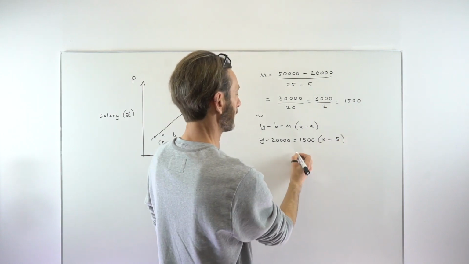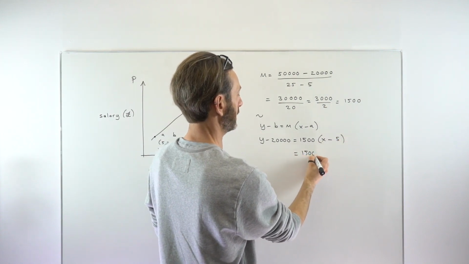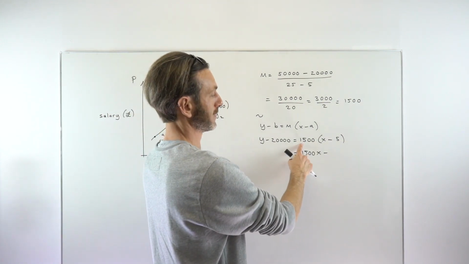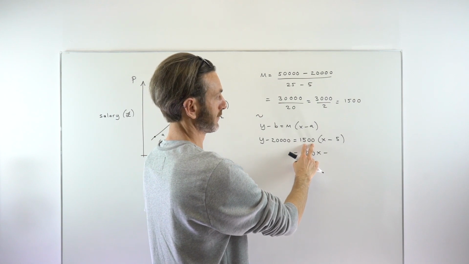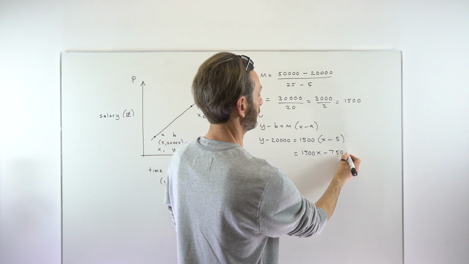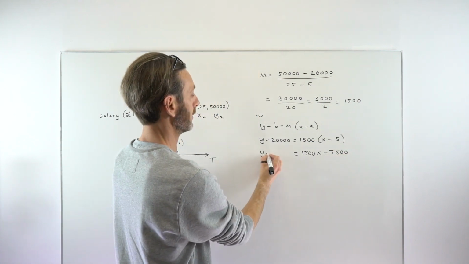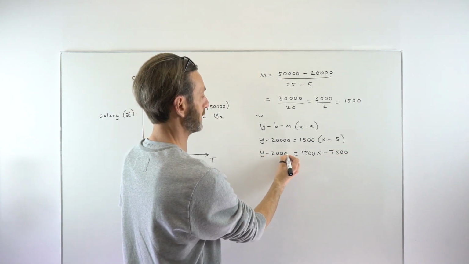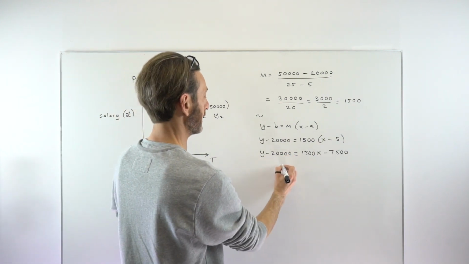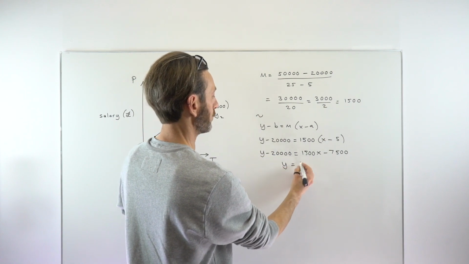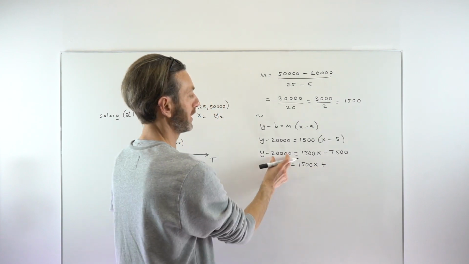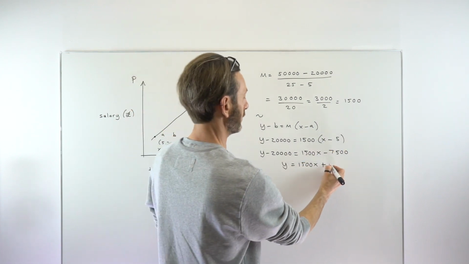Then just expanding the bracket on the right hand side, that's going to give us 1,500x. 5 times 1,500, so 5 times 1,000 is 5,000, 5 times 500 is 2,500, so this is going to be 7,500. Just keeping the left hand side the same, so it's y minus 20,000, and then just going ahead to add the 20,000 to both sides to get it into the correct final form. So y is going to equal 1,500x plus 20,000 minus 7,500, that is